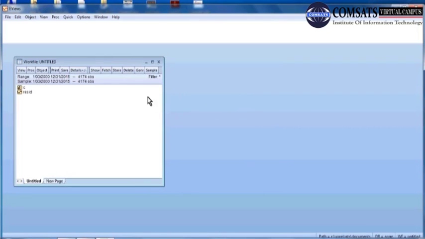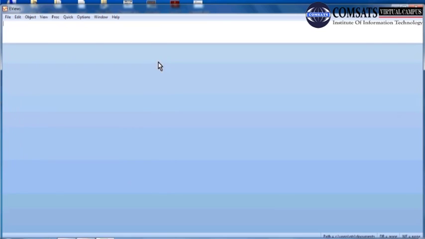So this is how we can generate files. Now this is how the files are generated in eViews.